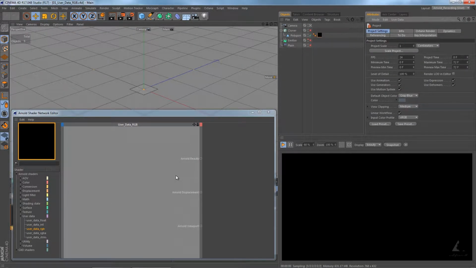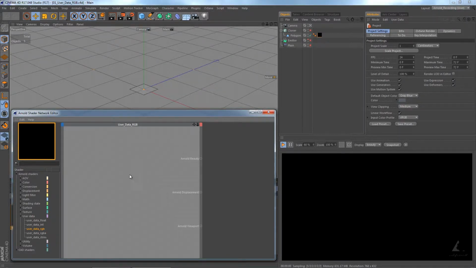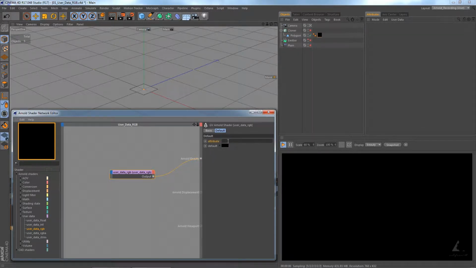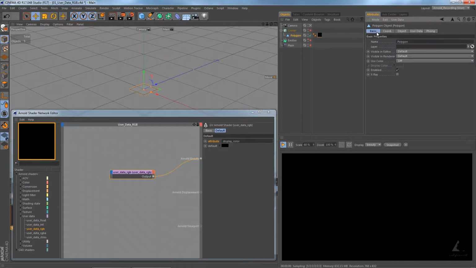In this lesson, we'll take a look at a practical workflow example. The first thing I would like to do is drag user data RGB in and use that to feed the rNode Beauty port. The attribute field will read the display color values. The IPR, as you can see, keeps rendering black, and the reason is that the display color of the polygon